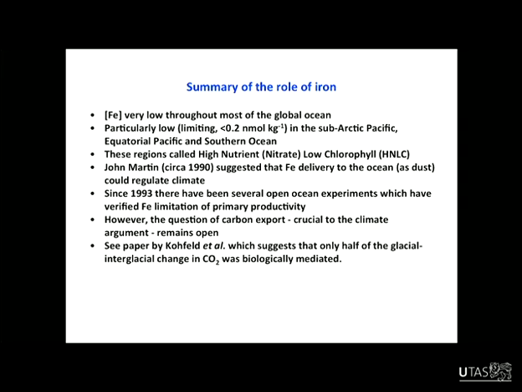But I should say that John Martin's quip about, give me half a tanker of iron and I'll give you an ice age, hasn't proven to be true. When we fertilise with iron, we have seen productivity stimulated, and we've seen some uptake of CO2. But if you try and measure the amount of particulate carbon that's being exported out of the surface waters, it's actually very small compared to the numbers that John Martin used. So we need more than half a tanker of iron to give us another ice age.